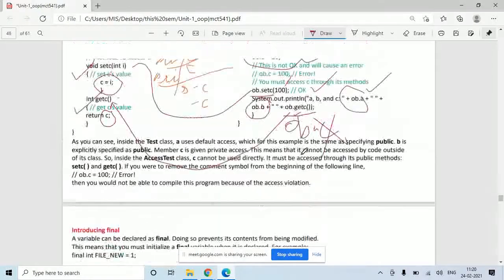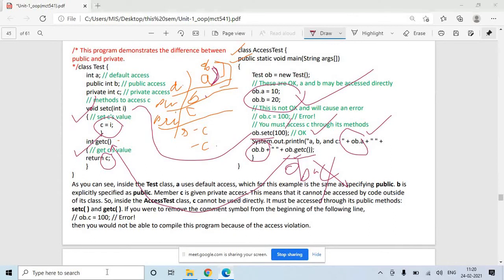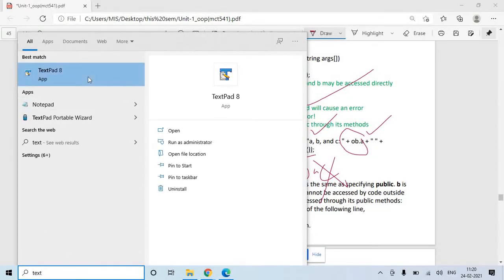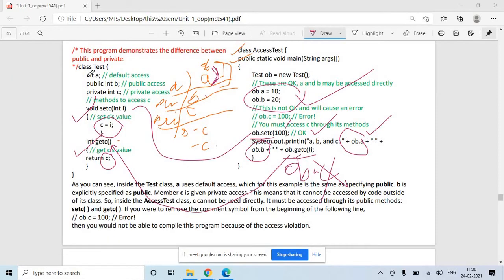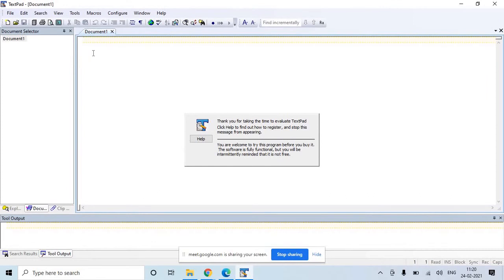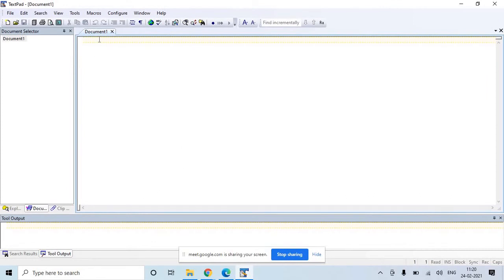Okay. Yes, sir. Let us try to write some sample program and we'll try to understand by running it. Okay. So here, let's say I write class Sample. Okay. I have written one class Sample.